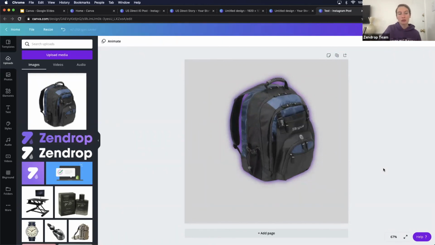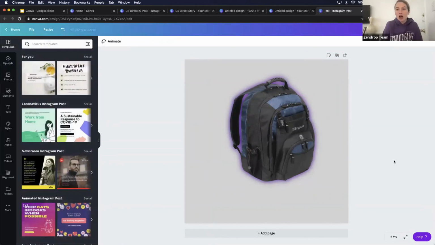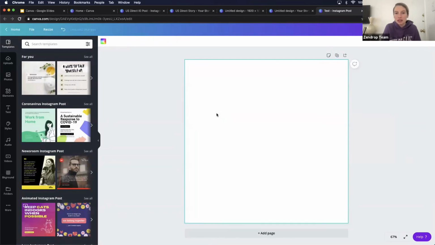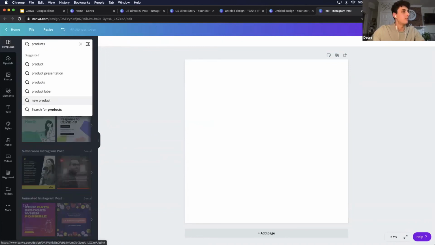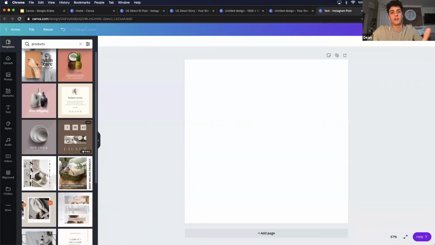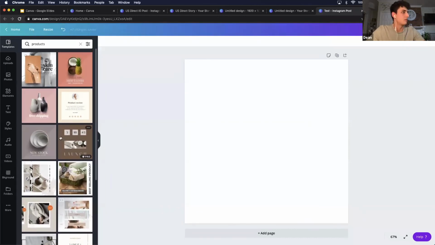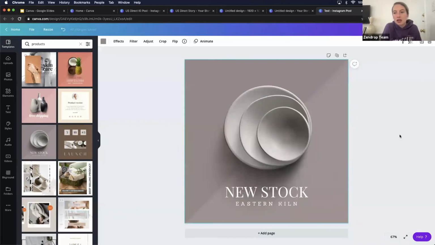There's also, Dean, will you go to the templates for a second? Of course. Templates. Yes. There's thousands of Canva templates. Let's go search product. They have lots of different templates for products already in the platform itself.